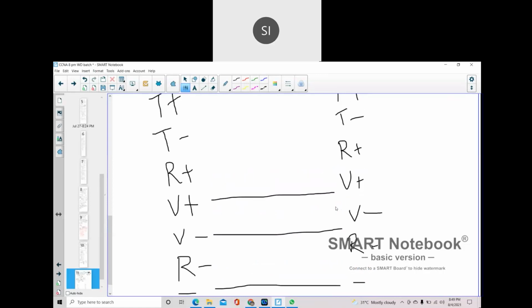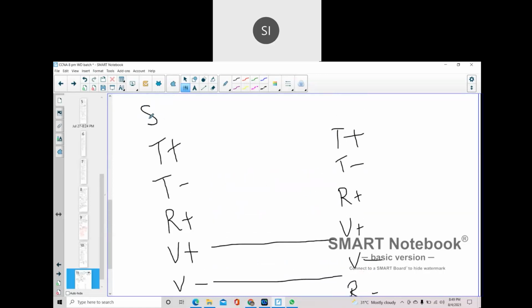So you can assume this is the source end, and this one is the destination. At the source end, if you are transmitting the data, what will the destination do? It will receive, correct? If you're transmitting the data, the destination will be receiving the same.